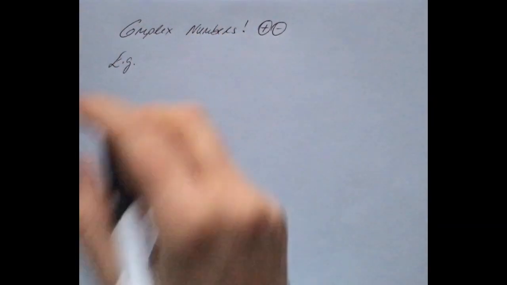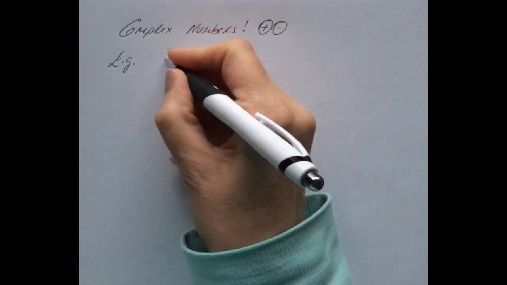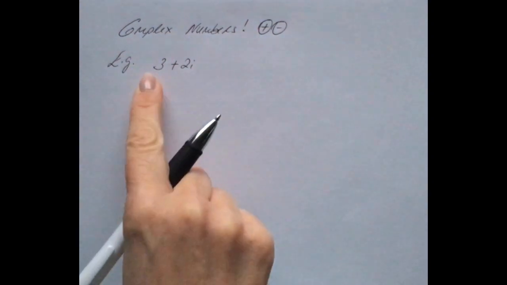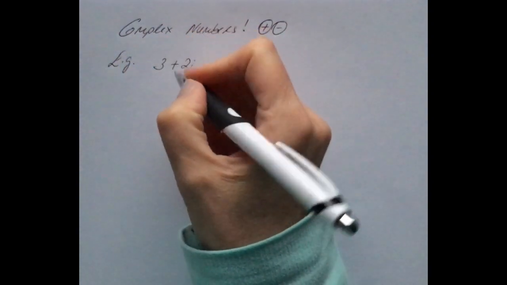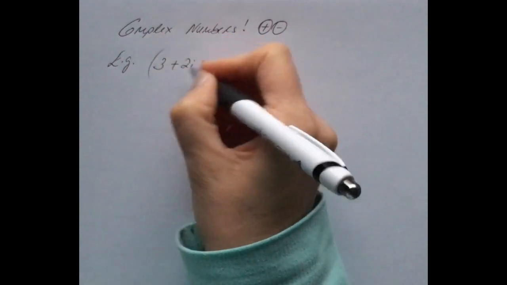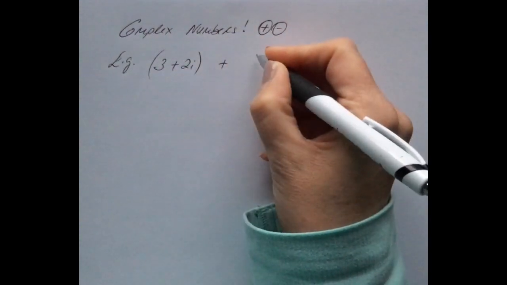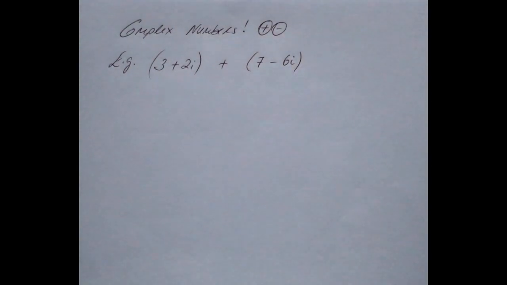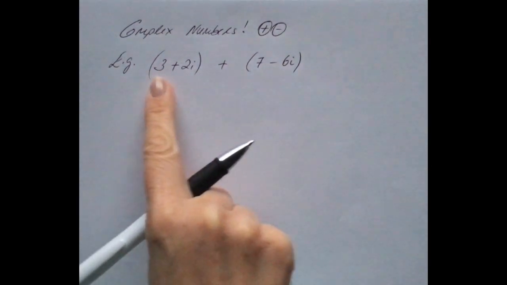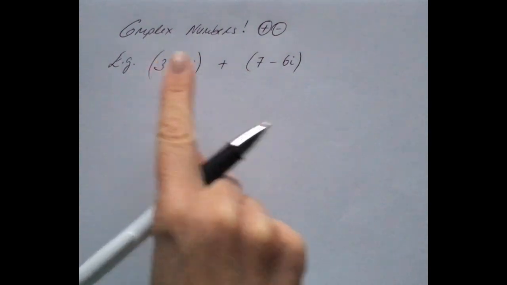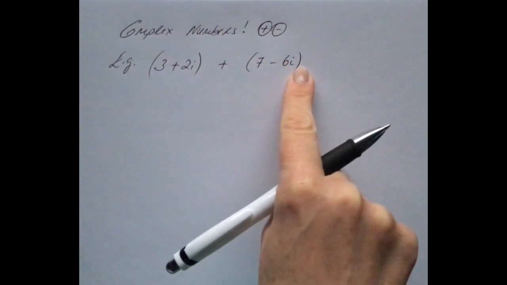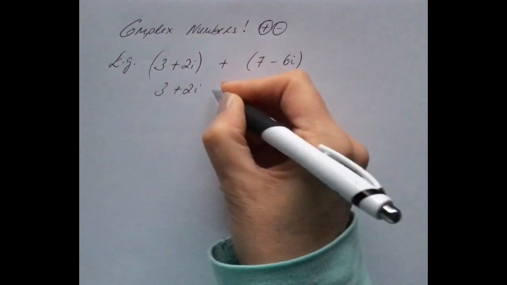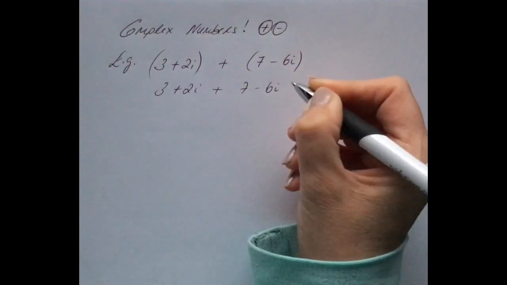A complex number, remember, consists of a real and an imaginary part. Okay, so there we go. That's a complex number. So let's say we're asked to add these two together. Well, what we do with something like this, you've got this complex number, and we need to add to this complex number. The thing with complex numbers is it's a little bit like algebra in the sense that